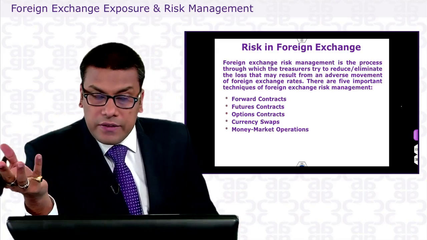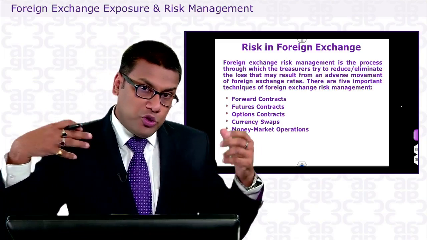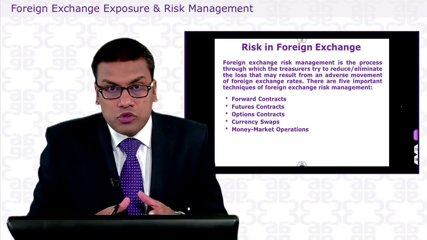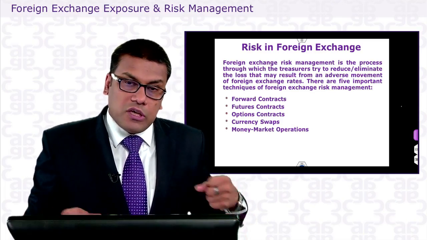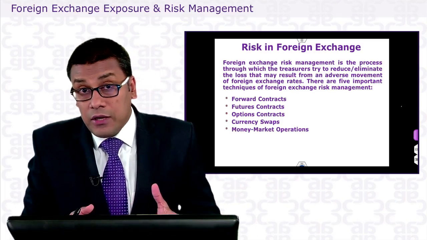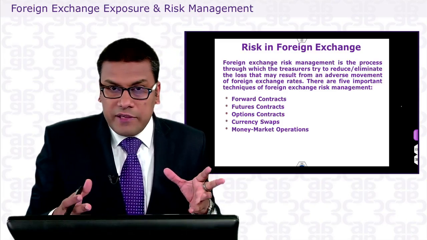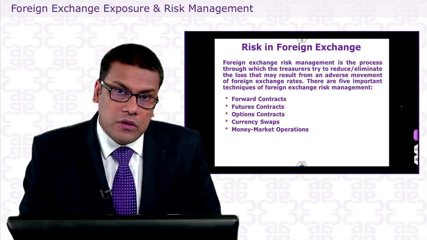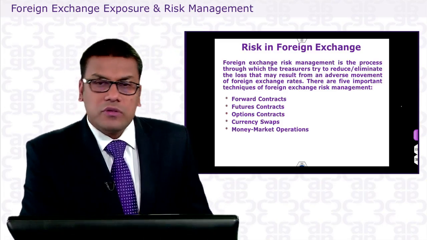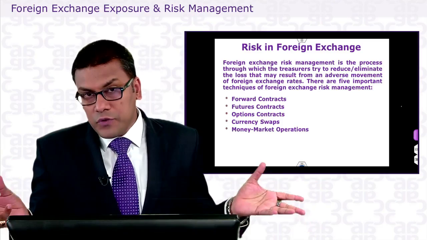So the third product that we see here is an options contract, and then there could be a currency swap, wherein there could be 2 parties involved, where the intermediary comes into the picture to give benefit to both the parties. So there could be one party, say a US firm, who has taken a Japanese yen loan, and the interest and amount has to be paid in yen. Okay, wherein there's a Japanese firm which has taken a US dollar loan from a US bank, and it has to pay the interest and principal in US dollars. So they can then enter into some kind of understanding wherein the obligations can be swapped. Okay, so that is what